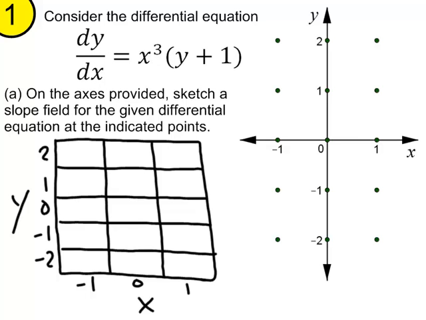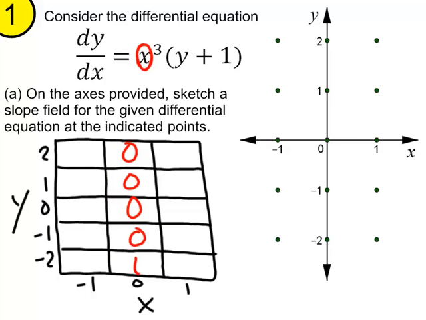the table. I would probably start by looking at the equation and thinking of what values are going to make our job easiest. If we notice that any time that x is equal to 0, it doesn't matter what y is, that dy over dx is automatically going to be 0. So whenever x is 0, which is this entire column, we know that the dy over dx will automatically